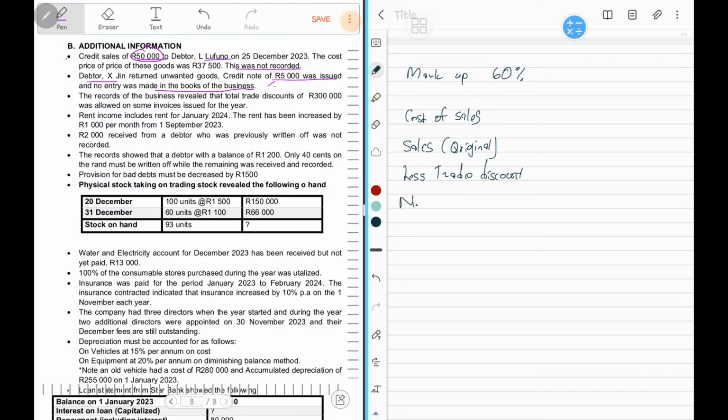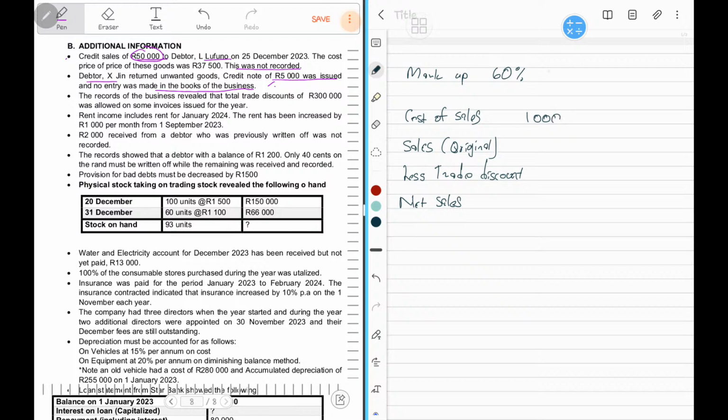Then we would find the net sales. So if we are issuing out an invoice or we are selling to a debtor, then when we sell to a debtor, we give them a trade discount. A trade discount simply means that our customers would be buying in bulk, and when they buy in bulk, we grant them a trade discount, meaning that if, let's say, our cost of sales is currently 1,000,